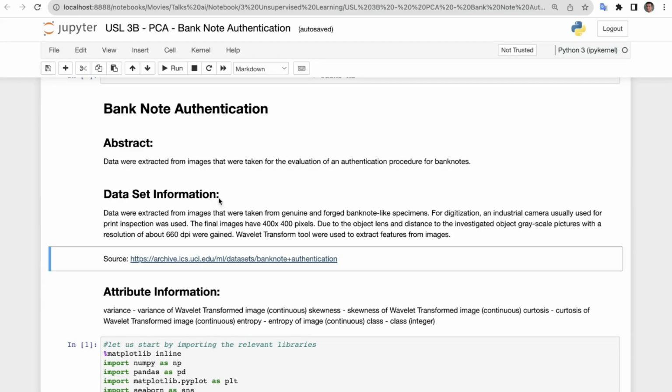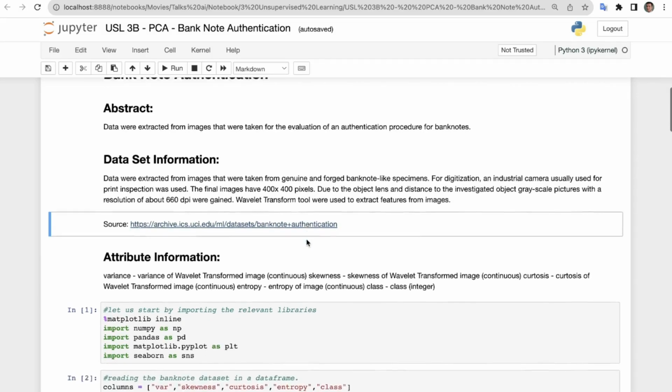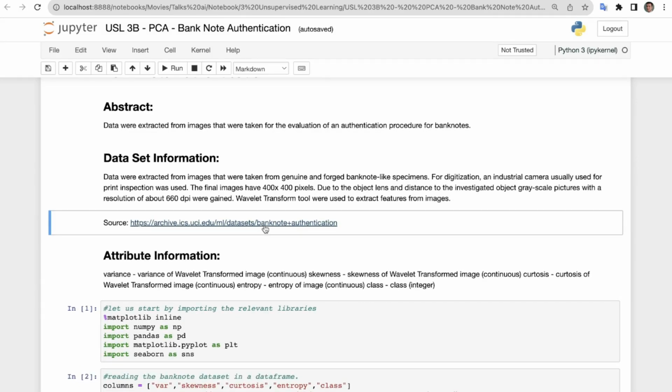Data were extracted from images taken from genuine and forged banknote-like specimens for digitization. An industrial camera usually used for print inspection was used. The final images have 400 by 400 pixels due to the object length and distance to the investigated object. A grayscale picture with a resolution of about 660 dpi was gained. A wavelet transform tool was used to extract features from the images. This is the source of the data set that you can also use, or we will be using this link